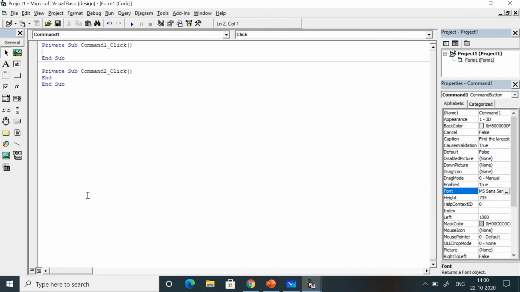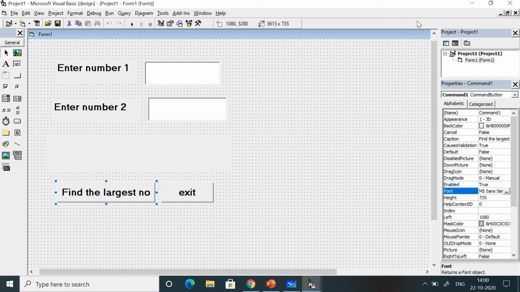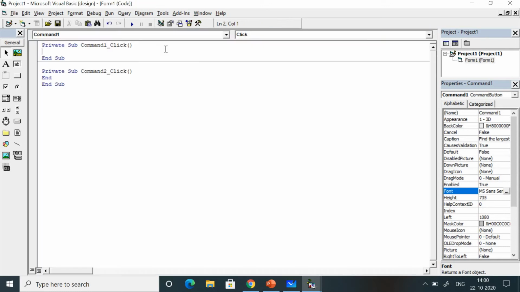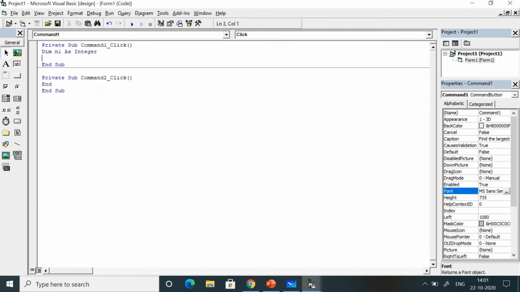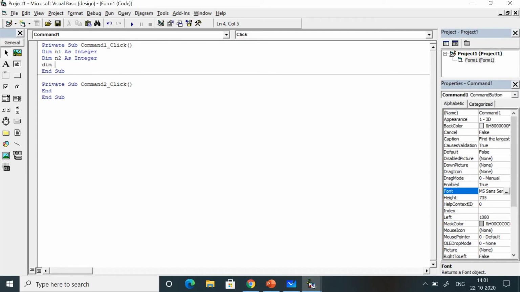Now I have to do the coding of find the largest number. Firstly, I have to declare a variable. For declaring a variable, I use a keyword, that is dim. Dim means dimension. Dim n1 as integer. I am using another keyword, dim n2 as integer. I am using the third keyword,